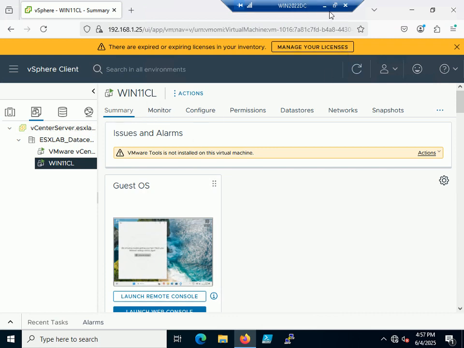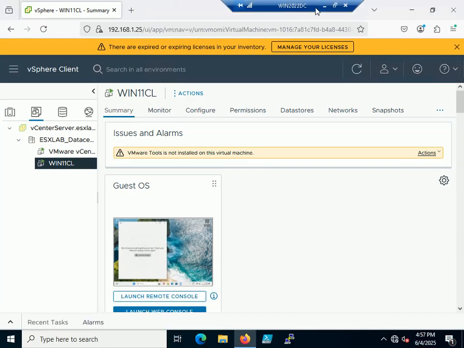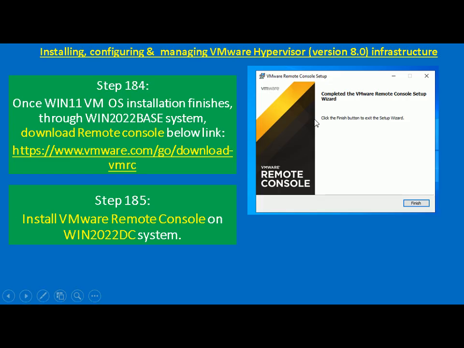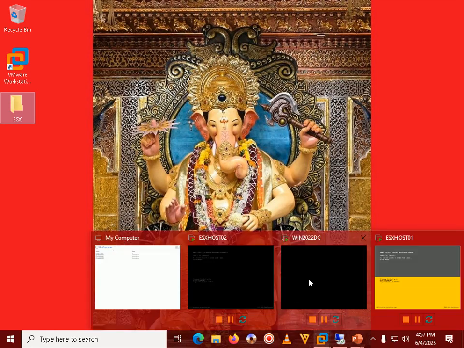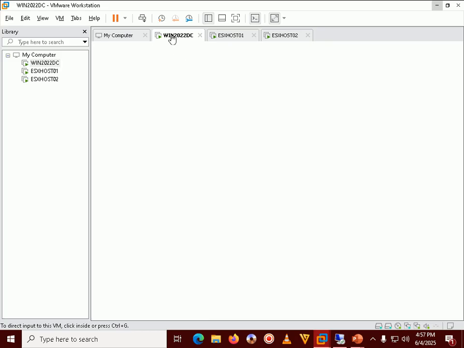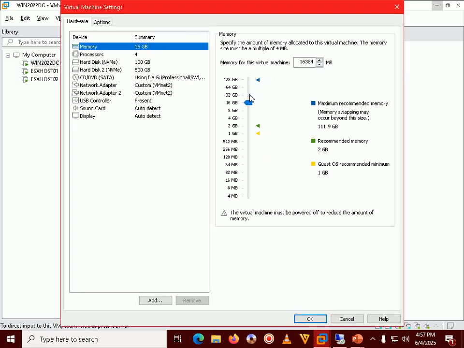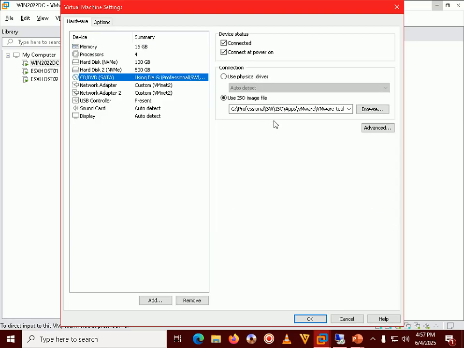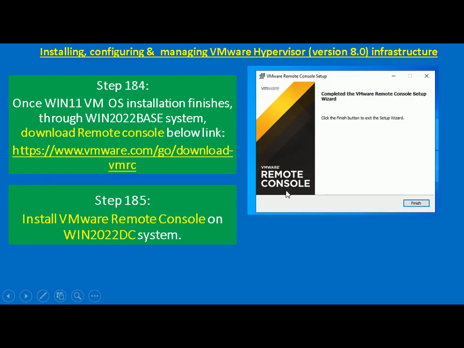Now on our Windows 2022 DC system, I will come back to my desktop, and through my DC VM, go to the settings of it, and in the CD DVD drive, let's say VMware Tools ISO is already there, right? So I will cancel this, come back to my DC system,